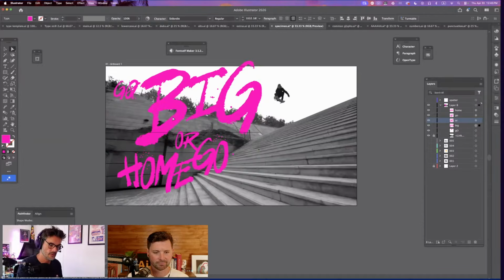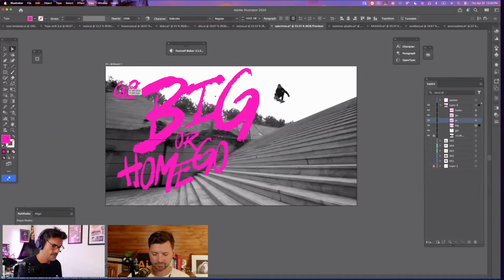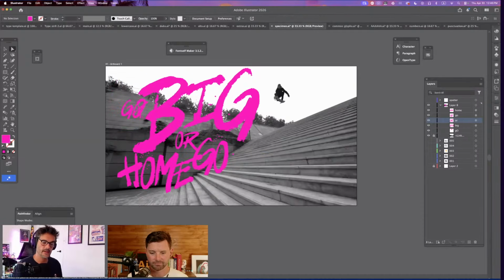And then you've got full control where everything goes. You've got full variables that can come into this as well. So it would make more sense to do this by hand. If this is the result that I was looking for specifically, I would probably just do this by hand and